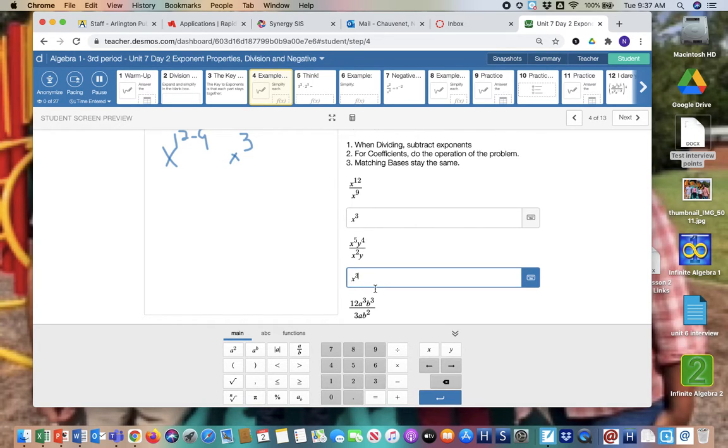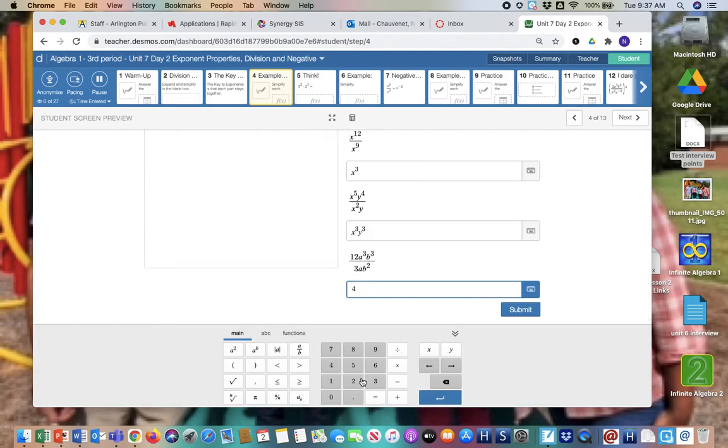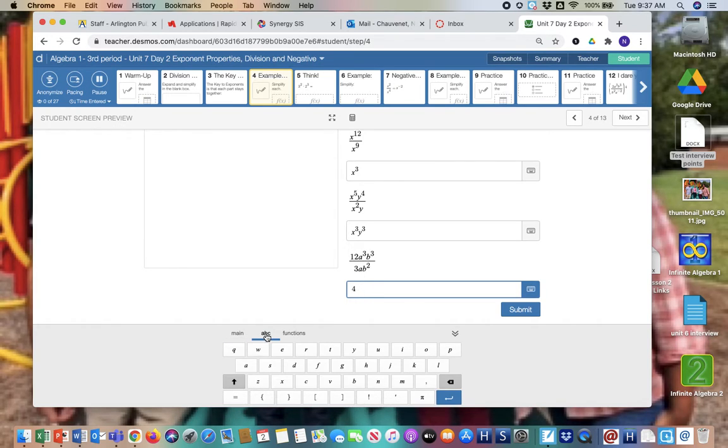And then we've got right-hand arrow click to get your y. Y to the fourth over y, so 4 over 1. 4 minus 1 is 3, so we're going to do an exponent of 3. So x to the third, y to the third. All right, next we got 12 divided by 3. Remember, these are coefficients. You're just going to divide them like you normally would have. And now, remember, we don't see an exponent here for the a, so it's implied to be a 1. So it's like 3 minus 1. So what are we going to get there, right? We're going to get a